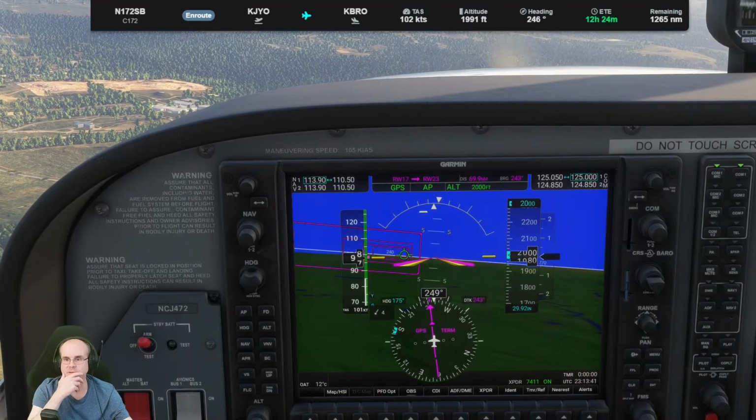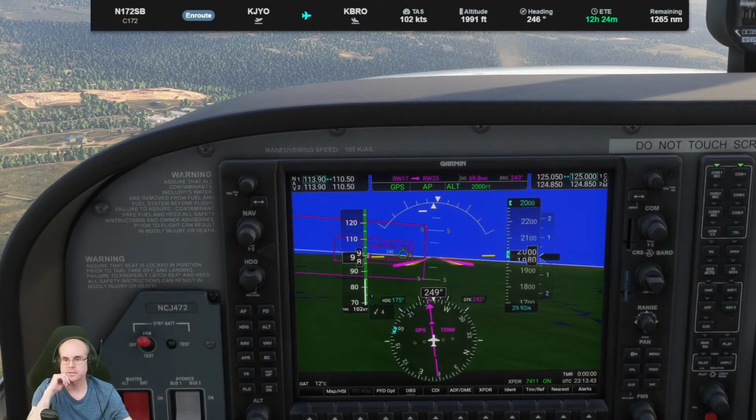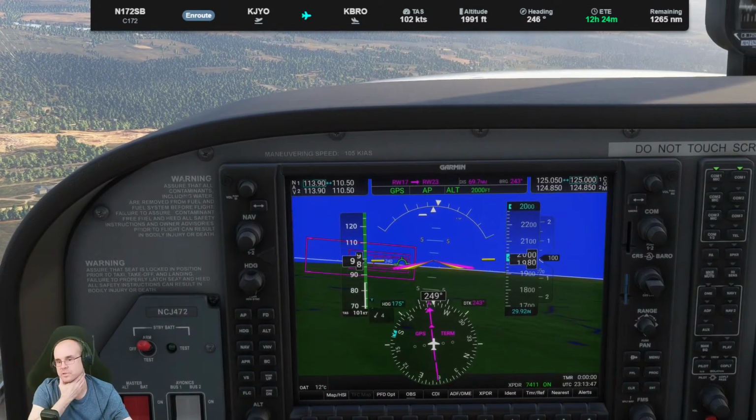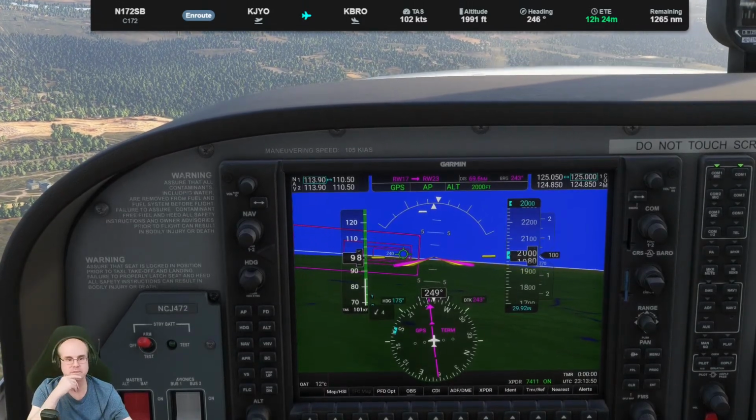Remain outside the Bravo. Radar services terminated. I'll squawk VFR. Frequency change approved. I'll move over to CTAF and have a good night. November Charlie Juliet